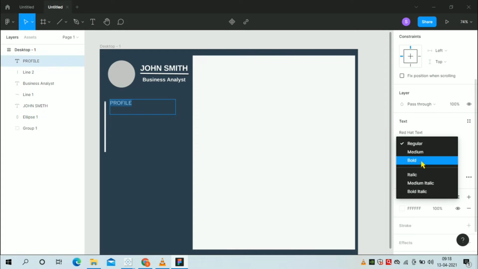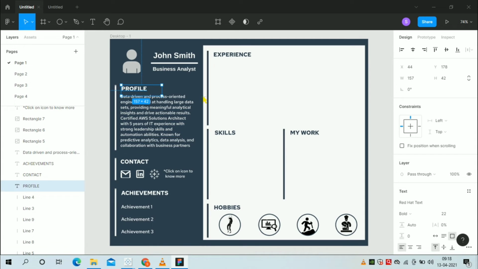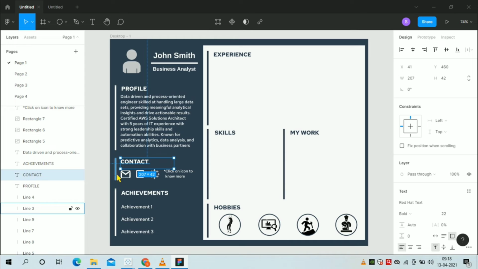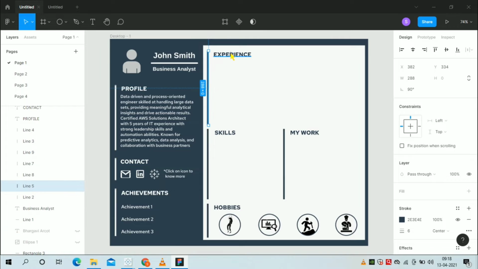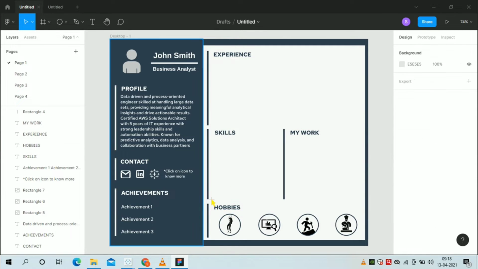I'll make it bold and adjust its position. In a similar way you can add all the text that you can see in this template, like contact, click on the icon, or achievements. You can add any achievements of yours here, skills, my work, experience, and those lines are the same. I'm not showing it again and again to save time.